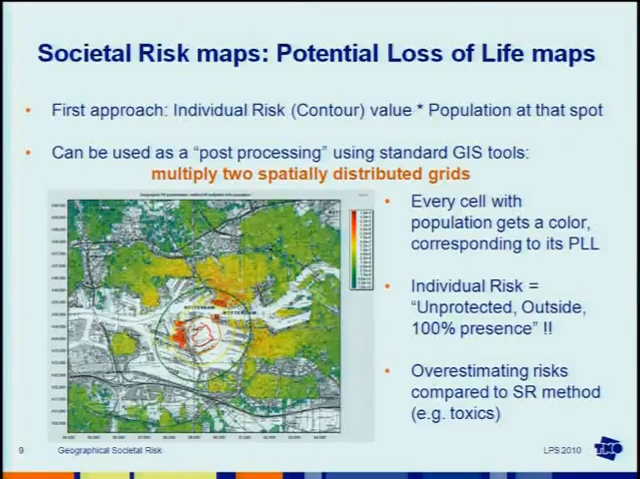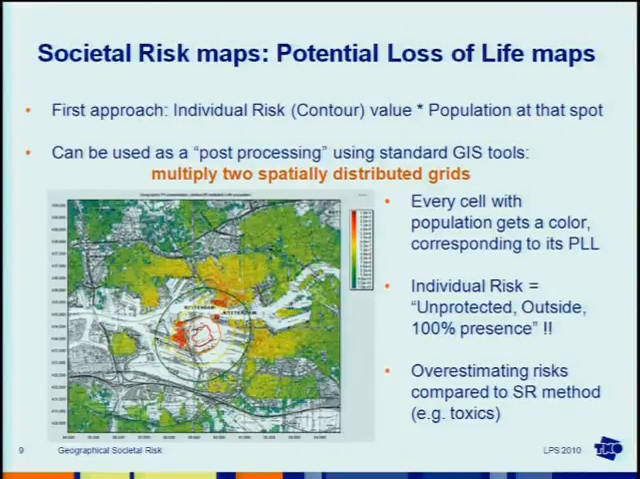However, this map has got nothing to do with societal risk, because individual risk is based on unprotected, outside, 100% of the time over there, whereas societal risk includes vulnerability, effectiveness by staying inside, and the effect of clothing that reduces your vulnerability for heat radiation. For toxic scenarios, if you stay inside, the lethality is much lower, and that is taken into account in societal risk calculation. So this map gives a clear overestimation of the risk and has nothing to do with the societal